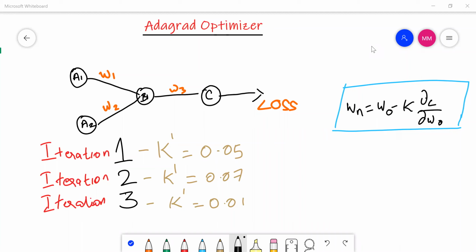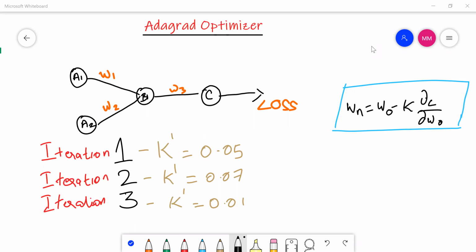Today we will be seeing about the Adagrad Optimizer. As we all know, we have covered what is stochastic gradient descent, and mini batch stochastic gradient descent. So this will be our fourth optimizer, which is Adagrad. It's nothing but adaptive gradient descent. In this Adagrad Optimizer, we will be seeing a new concept, which is a different learning rate with